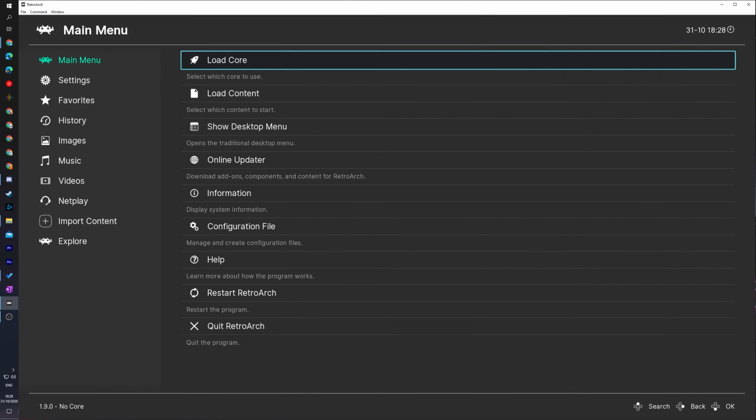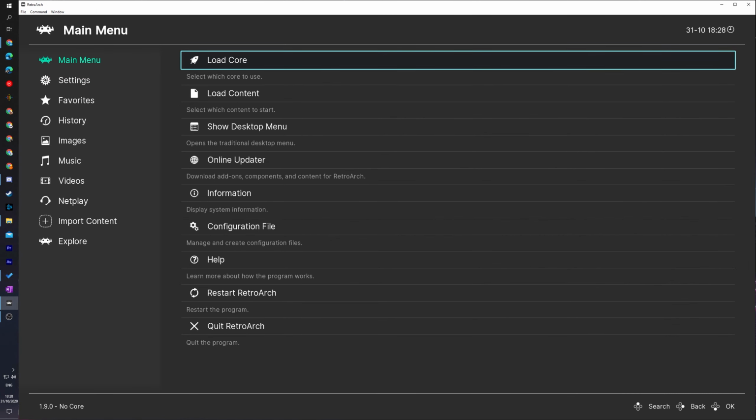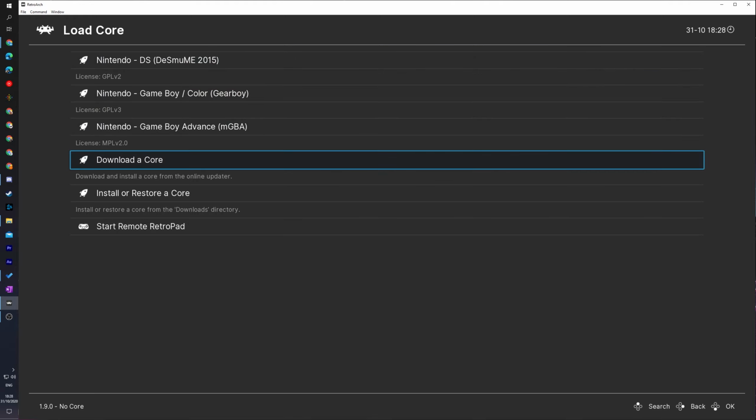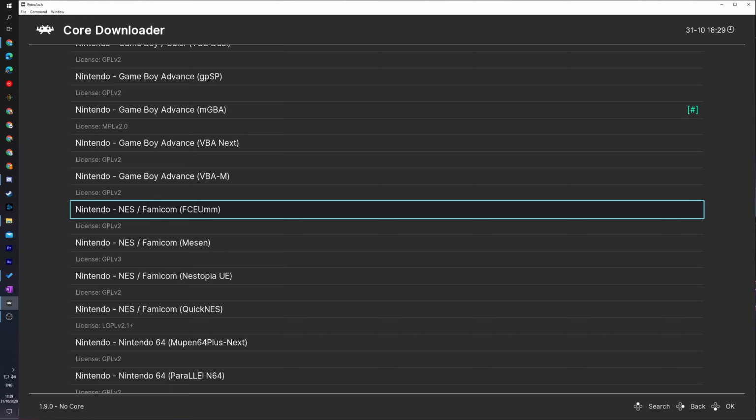Once you have your file downloaded and installed, the first thing we're going to be doing is coming to our main menu right here. We're then going to be selecting the load core option here at the very top. And here we'll see a list of all currently downloaded cores in our Retroarch. If you don't have any at the moment, don't worry. What we're going to be doing is scrolling down until we see the download a core option right here. We're going to be clicking this open, and here we'll see a list of all the available current cores in Retroarch. And from here we're going to be scrolling down until we see